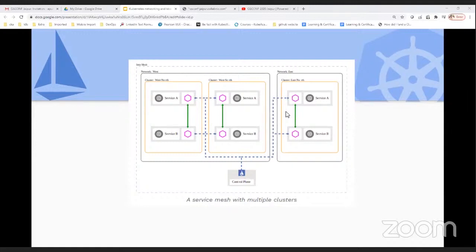This is another beauty of Istio. I could say I have two different clusters in two different regions, and I want to do load balancing. Then I can deploy Istio in between the two clusters, and I can do the traffic routing. For this, I could say multiple clusters with the service mesh. You can easily find this information, and how to configure it, on the Istio website. There are a lot of things.